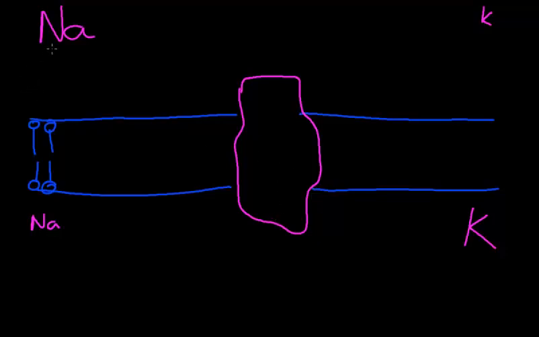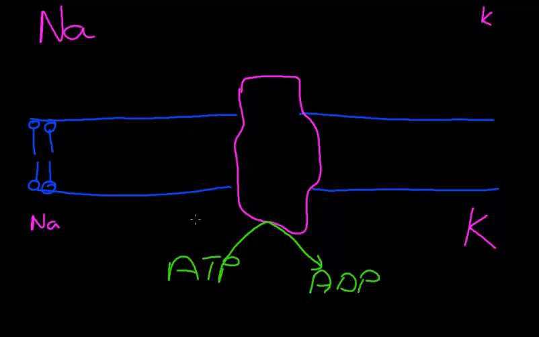If you think about the sodium, the natural gradient would see diffusion happen from the outside inward, and it would naturally have a tendency for potassium to move from the inside outward. But because this pump uses energy, through the conversion of ATP to ADP, because there is energy consumed in this process, the ions are moved against the gradient. In this situation, 3 sodium ions on the inside attach to the pump